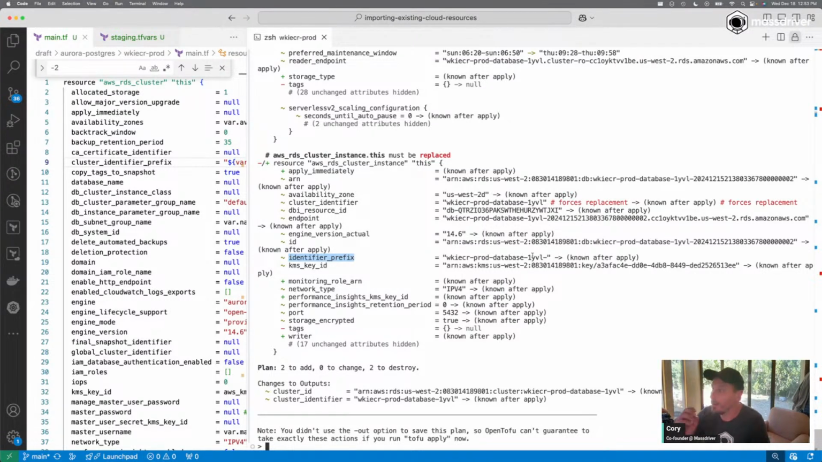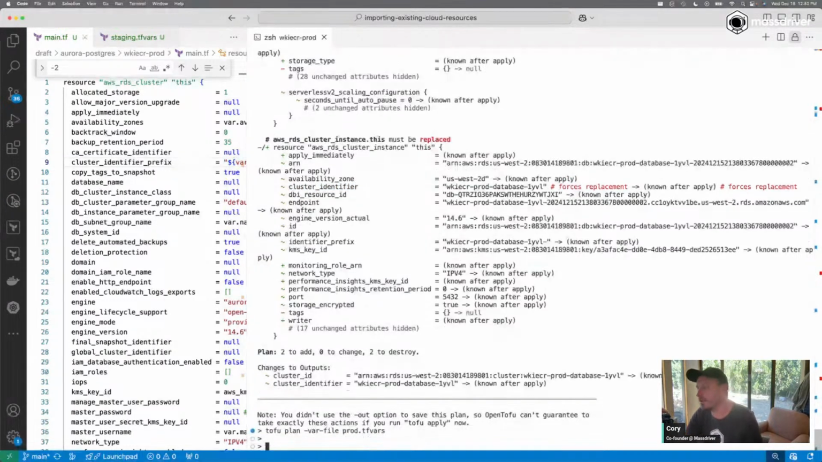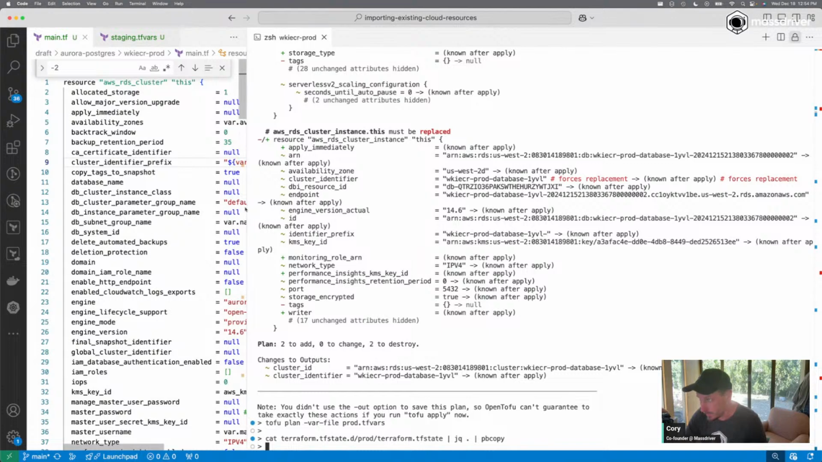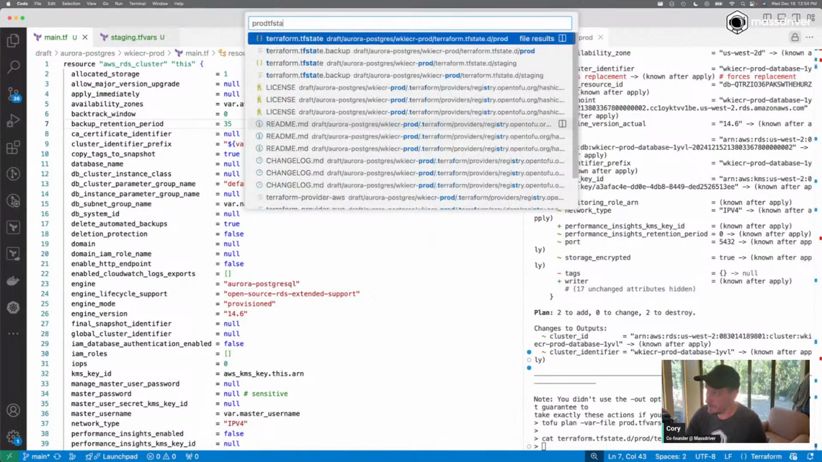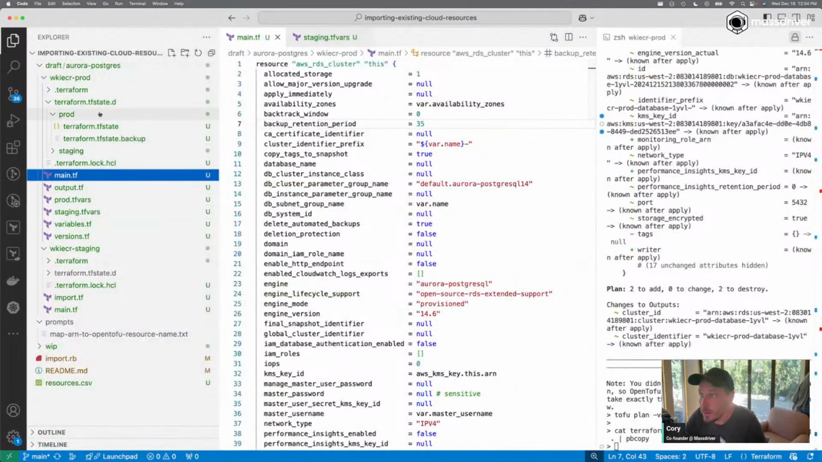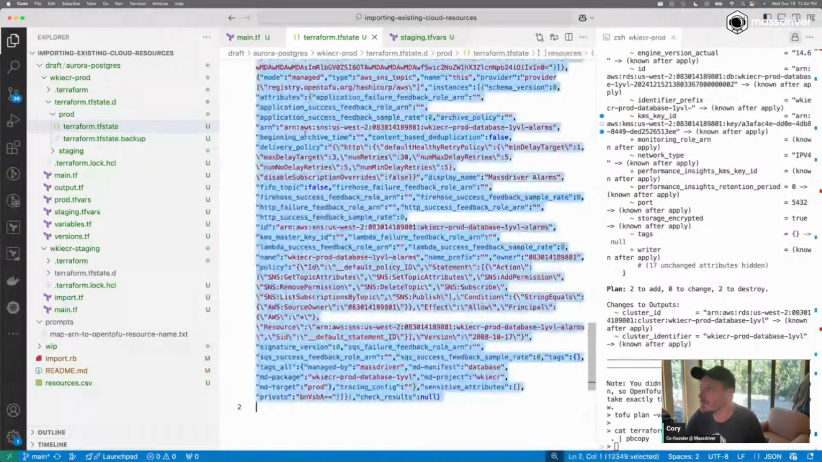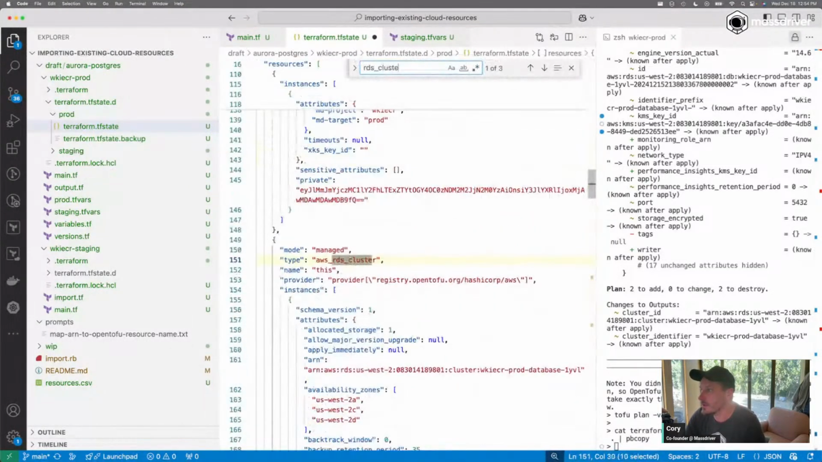Okay, so now what we're going to do is go into the state and remove the cluster identifier, and set the proper cluster identifier prefix so that we can trick the thing. Because I know that OpenTofu does not do a very pretty state file, I'm going to do the thing I did earlier: cat terraform prod, jq, pipe it to pv copy, so we can get a pretty state file, since my VS Code really does not want to. I'm going to navigate to it to make sure I get the right one. Okay, so this RDS cluster